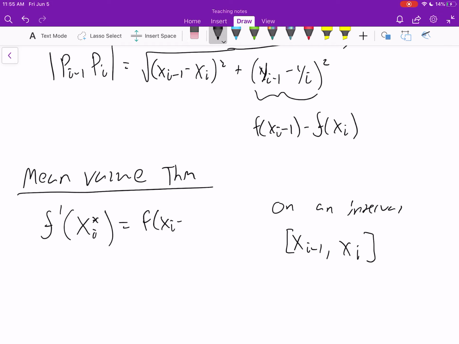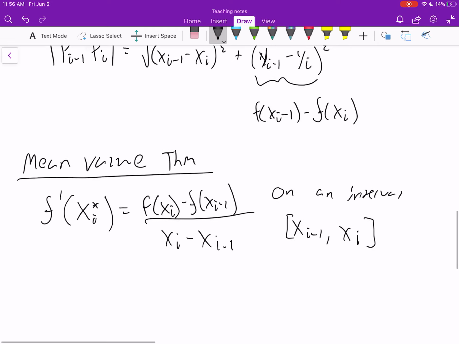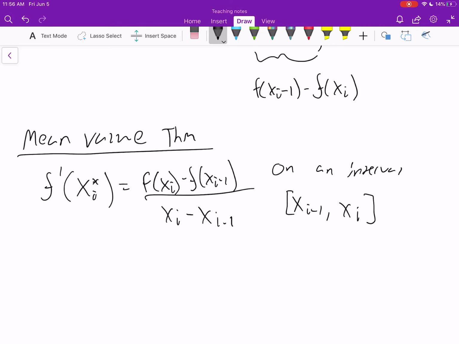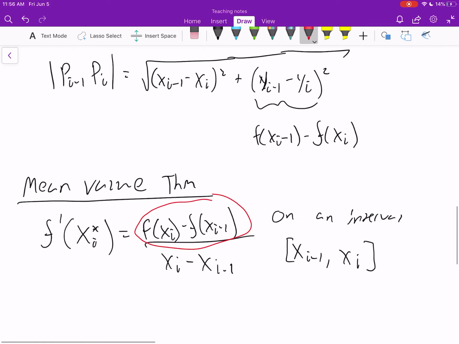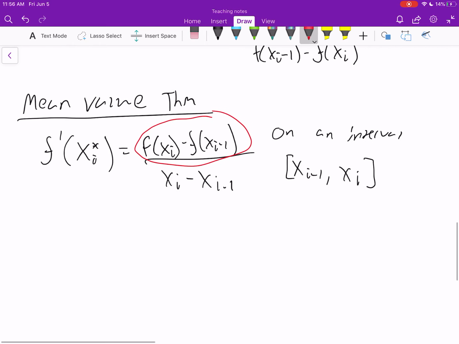f of x sub i minus f of x sub i minus 1, all over x sub i minus x sub i minus 1. And now we can solve this. So we can solve this equation for f of x sub i minus f of x sub i minus 1, and we're going to replace it up there. So what this ends up being then